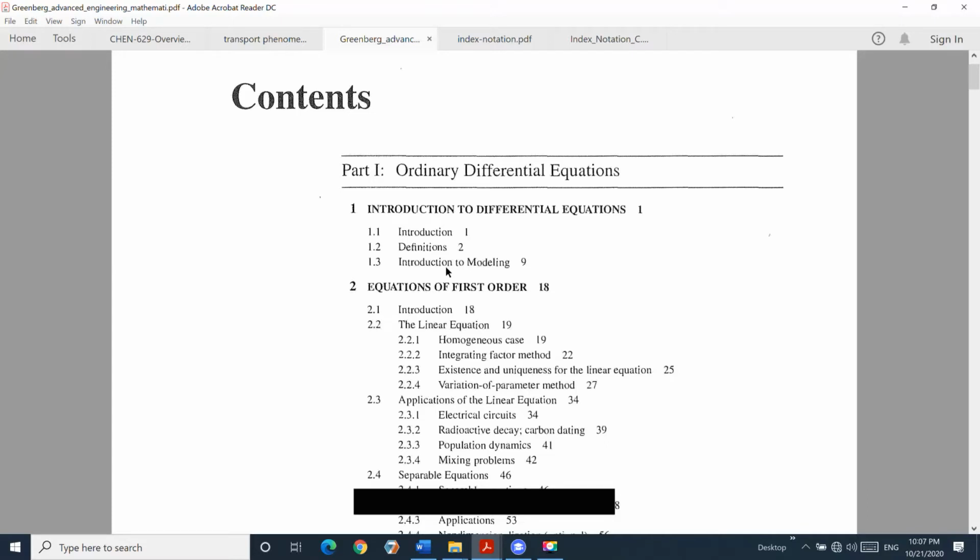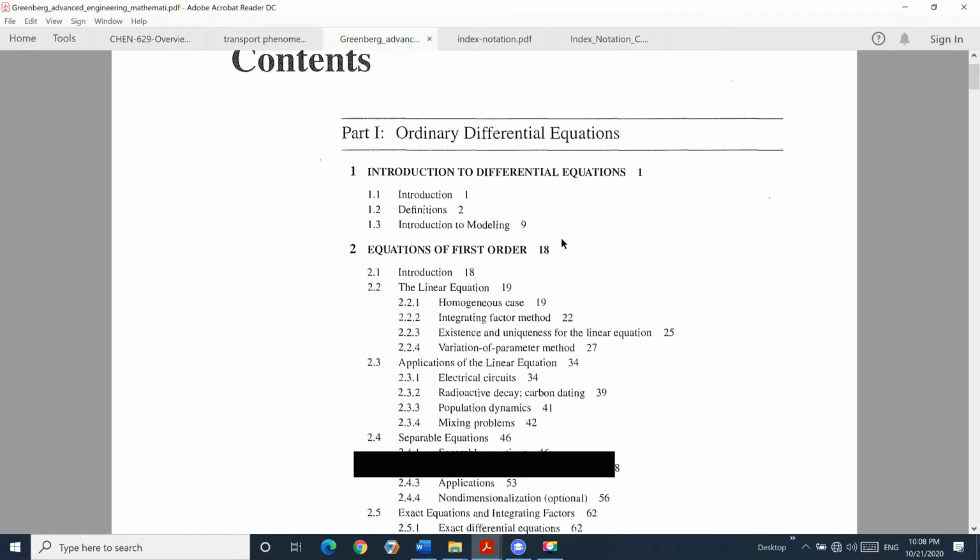In the macroscopic level, when we derive the equations for the system, for example, the mass balance equation and energy balance equation, mostly we obtain either algebraic equations or, when we cancel the accumulation terms, either first order or second order ordinary differential equations. And this book starts with the introduction of differential equations and gives you some solutions